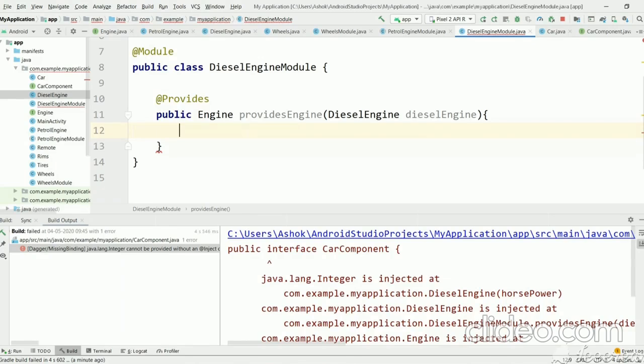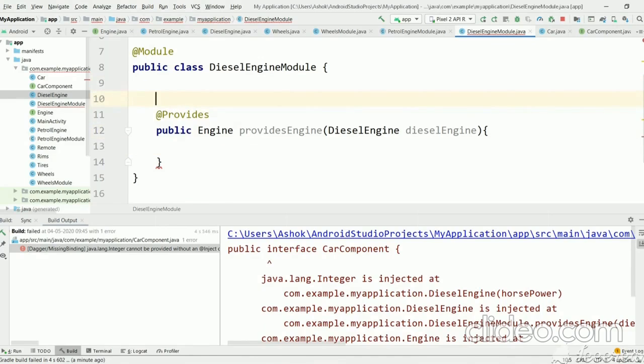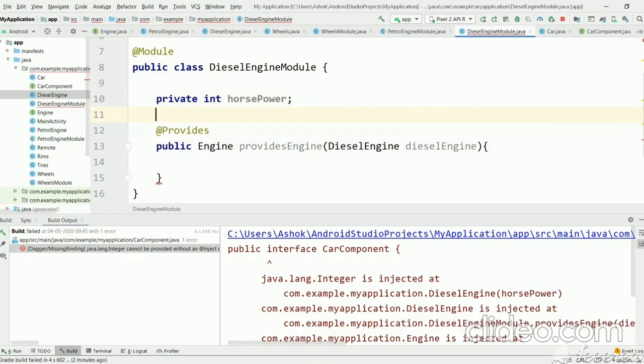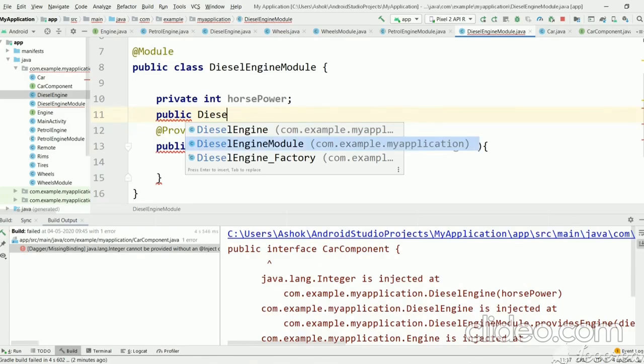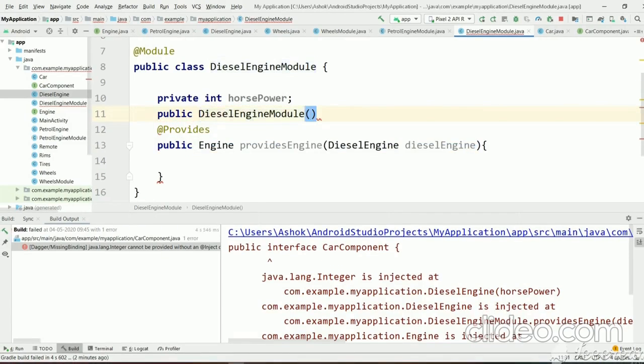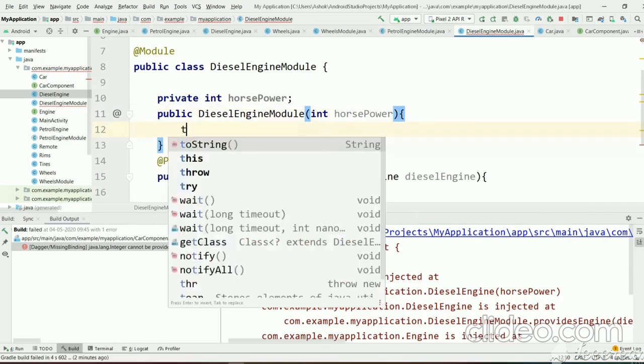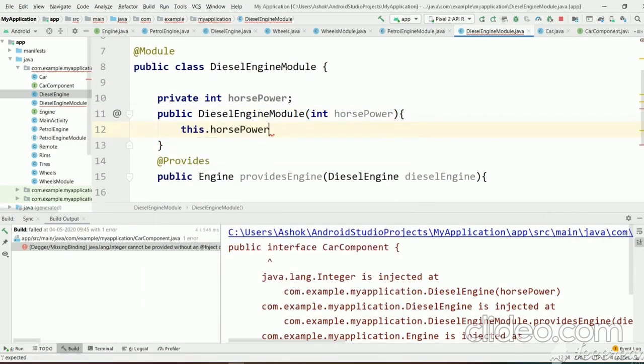And in order to provide the horsepower value to diesel engine, let's create a variable in the diesel engine module. Private int horsepower, and let's create a diesel engine module constructor which will take horsepower as an argument, and we will assign this to horsepower.